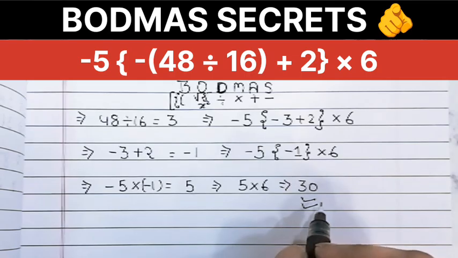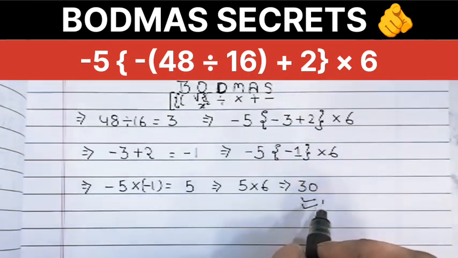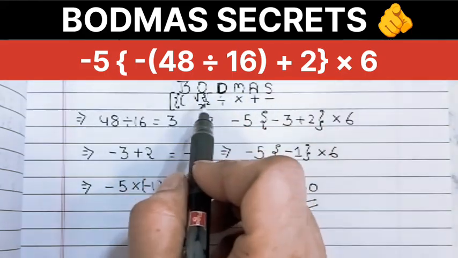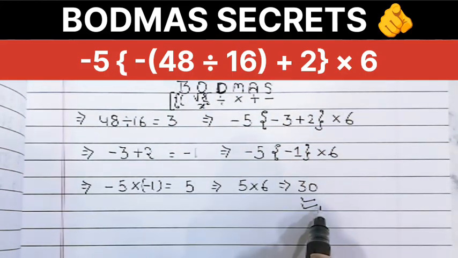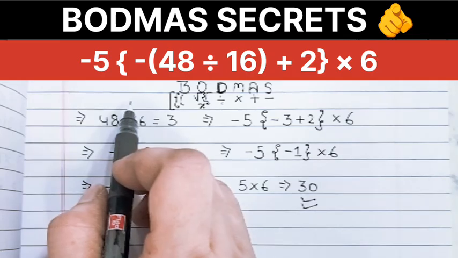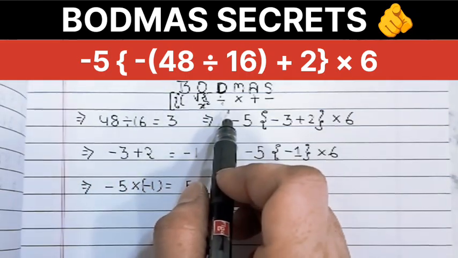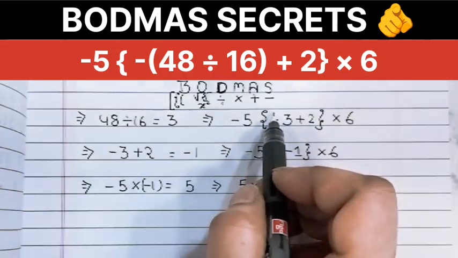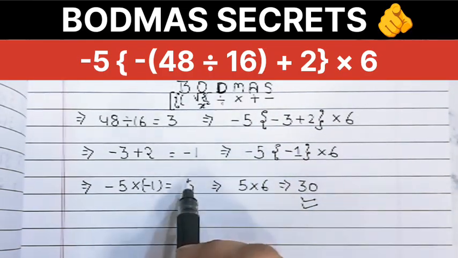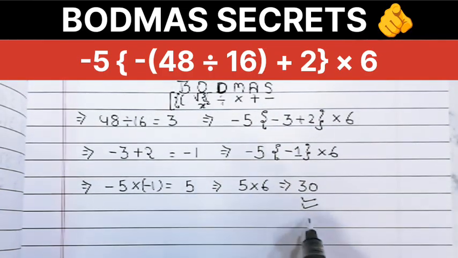According to this step, once the brackets are cleared, we perform the remaining multiplication operation. Now, by using BODMAS, according to this expression, the final result is 30. But the conclusion says, by following the hierarchy of operations, we simplified the internal division first, resolved the addition within the braces and finally completed the multiplication. So I hope it is clear.